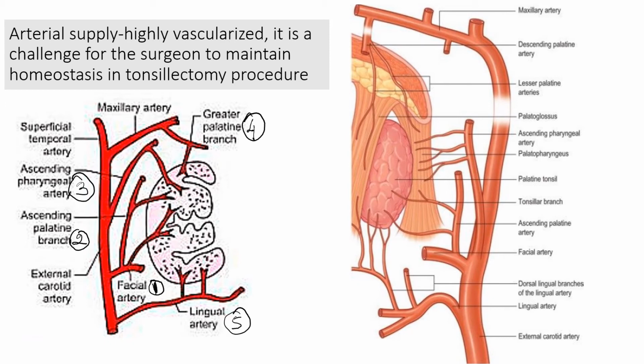Remember this, because they are entering by piercing the superior constrictor muscle. Let's see, where is the superior constrictor muscle? It is going to be placed here in this area. The superior constrictor muscle would be like this. So all the branches are just piercing the superior constrictor muscle to enter the lateral surface.